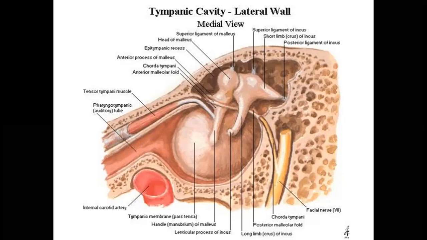And when the tympanic membrane and the handle of the malleus move medially, the head of the malleus and the body of the incus move laterally, and then the long process and the stapes move medially. So then the vibration transmits from the tympanic membrane to the malleus, then to the incus, and to the stapes, then to the inner ear. So this is how the transmission of the sound waves occurs.